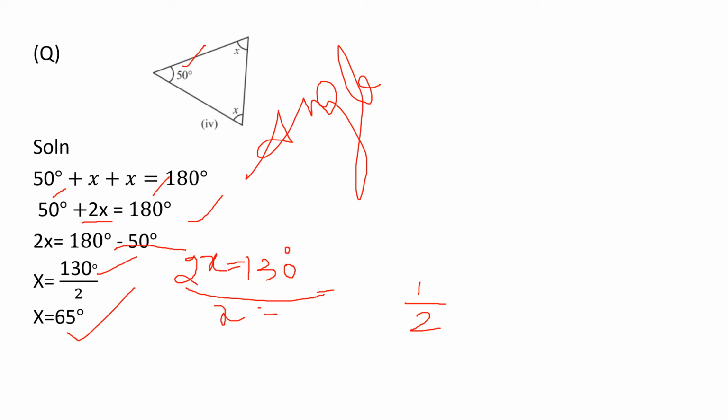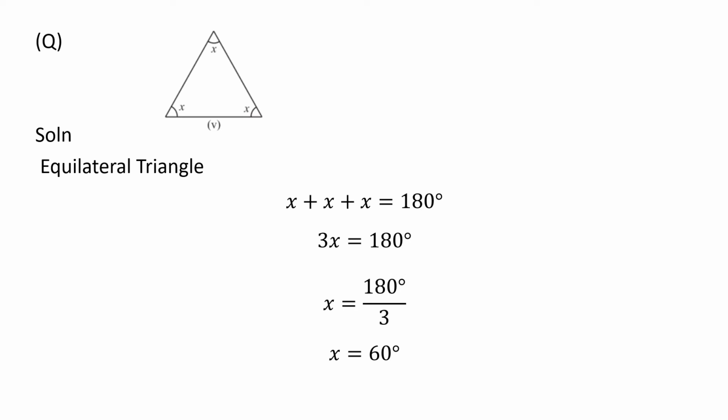Okay. So here you all know to solve an equation. You all know what is angle sum property. This is very easy, right? Very simple calculation only. Now next problem. Okay, here also x. The three angles are unknown. But you know angle sum property, right? What is angle sum property? Sum of all three angles equal to 180 degree.